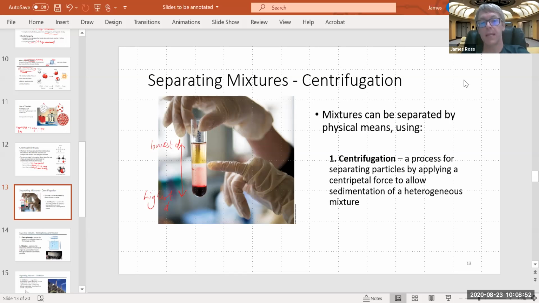So here we've got plasma and dissolved proteins and sugars at the top of this blood sample. At the very bottom, you've got the red blood cells, which have extra material per unit volume, or maybe the platelets are in the middle. And you can separate layers. You could separate the plasma at the top, maybe the platelets in the middle. I don't know if you'd want the actual red blood cells at the bottom. I'm not sure. But anyway, you could separate layers. Now, crucially,